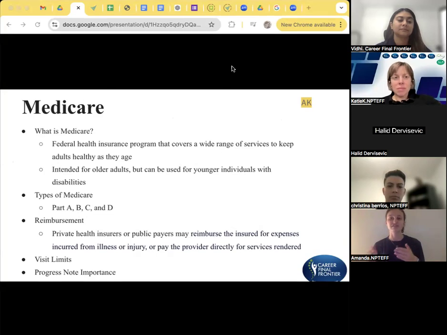Medicare has a certain visit limit, which could be per state potentially, and then there's the importance of progress notes. This is a big thing that I learned when I started in the outpatient setting, when my clinic director really explained Medicare progress notes and Medicaid progress notes. Obviously all of your progress notes are important, but for these ones especially, take the time to make sure every specific portion is filled out, and that you're proving that this is skilled care that is required and still needed, and it doesn't look like maintenance to the insurance. Otherwise, they could basically say, we're not going to allow more visits for this person.